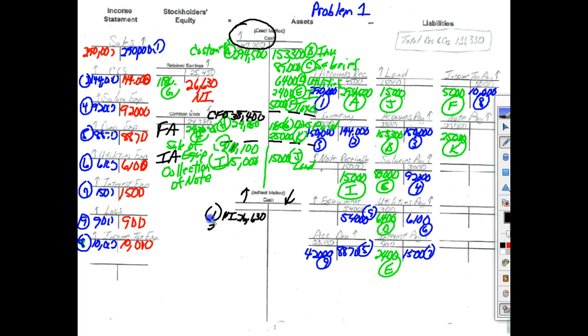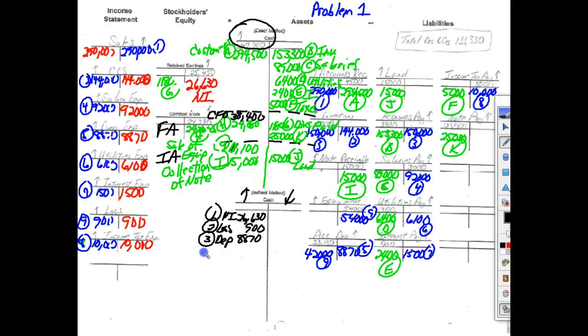And then we add back anything that's not operating. That would be the loss of $900. So we start with net income, take out anything that's not an operating activity. So this loss on sale of equipment is an investing activity, so remove it. We also add back anything that's not a cash payment. So depreciation expense, add it back